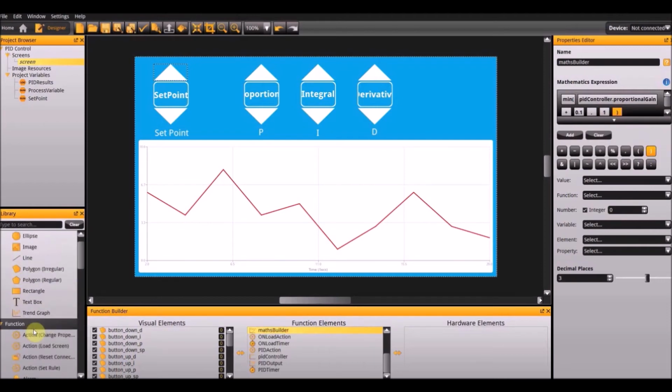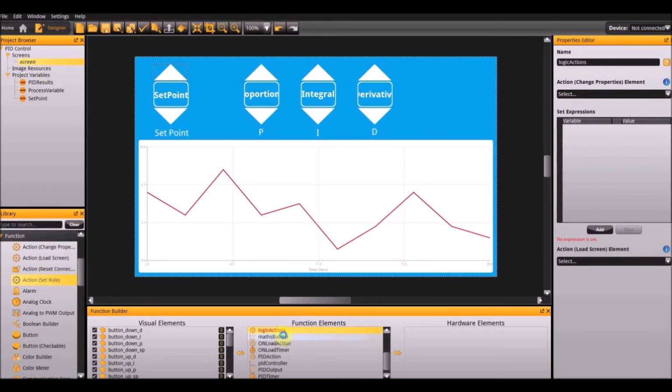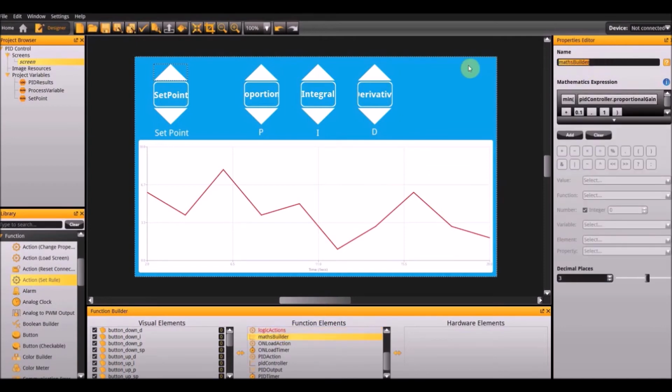Add another action set rule. But don't forget to name this math builder. Name it button up P